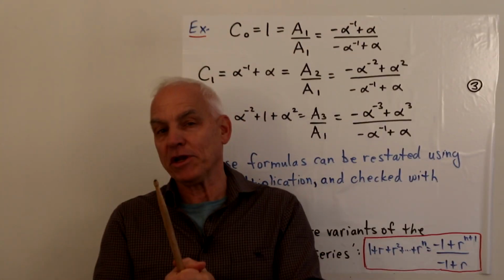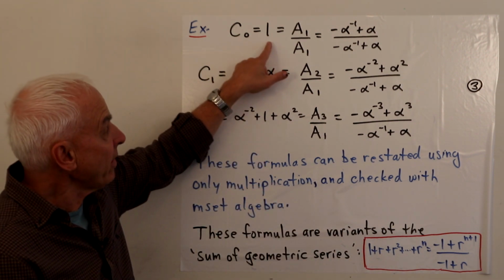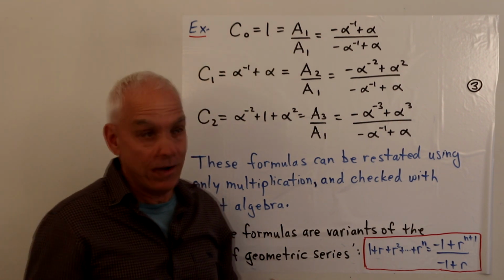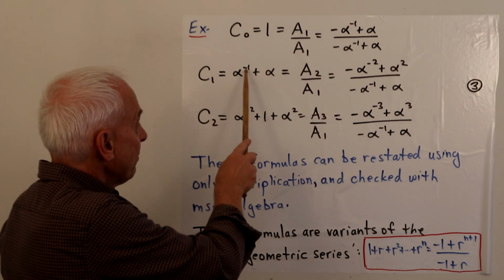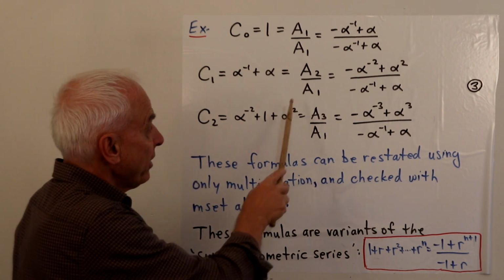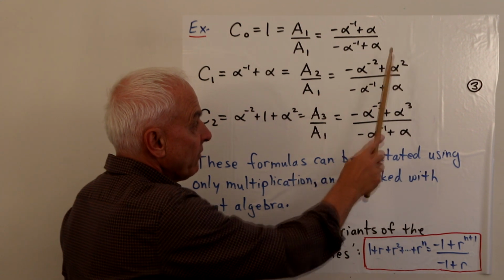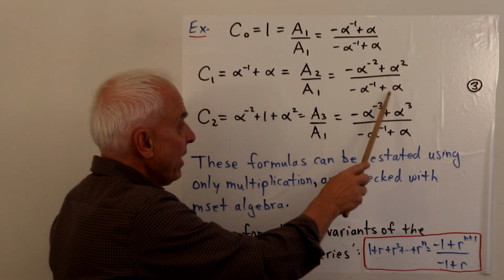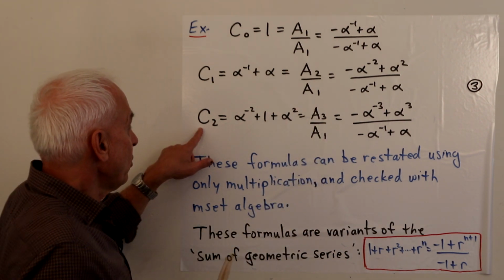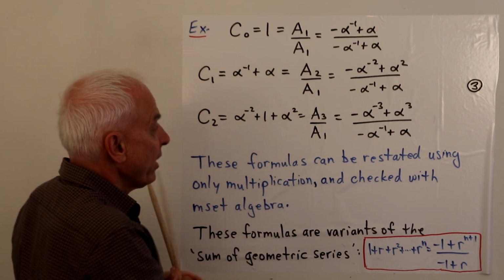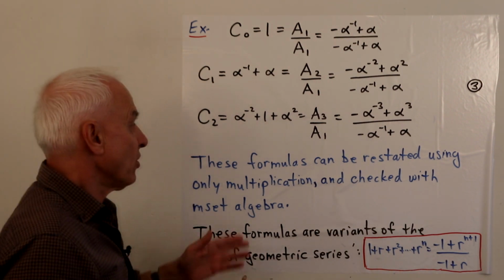So to solidify this formula in our minds, let's just have a look at some simple examples. When n is 0, C0 is 1, and then the formula is a1 over a1, and the quotient is 1. C1 is alpha to the minus 1 plus alpha. That's a symmetric Pauli number. According to the formula, it's a2 over a1. Here's a2, minus alpha to the minus 2 plus alpha squared, over a1, minus alpha to the minus 1 plus alpha. And you see that this is just a relatively familiar high school identity. C2 is alpha to the minus 2 plus 1 plus alpha squared, and that's the quotient of a3, which is this thing, over a1. And you can also check that directly.